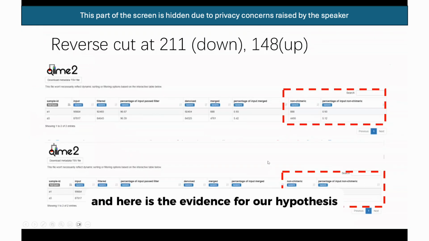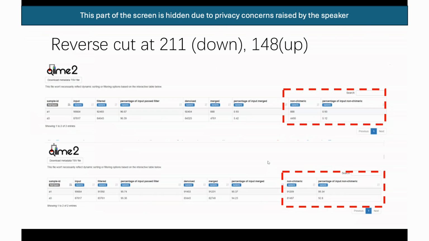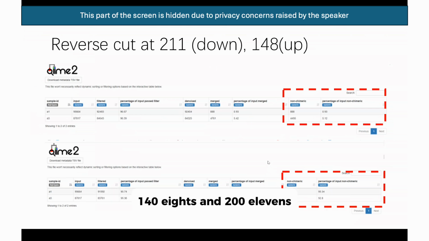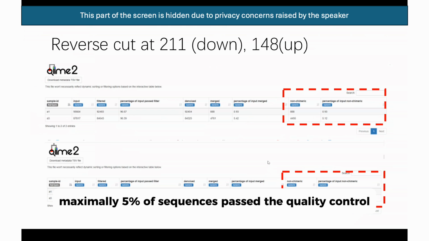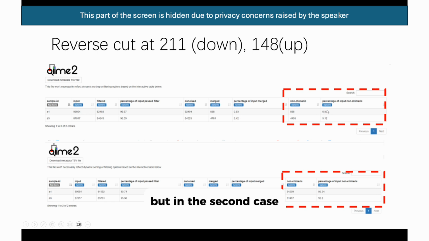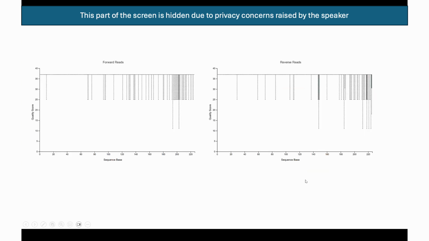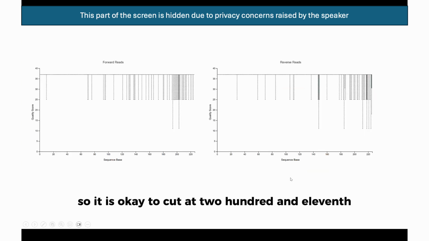And here is the evidence for our hypothesis. I tested cutting the reverse sequence at both 148th and 211th. In the first case, maximally 5% of sequences passed the quality control, but in the second case, over 90% of sequences passed the quality control. So it is okay to cut at